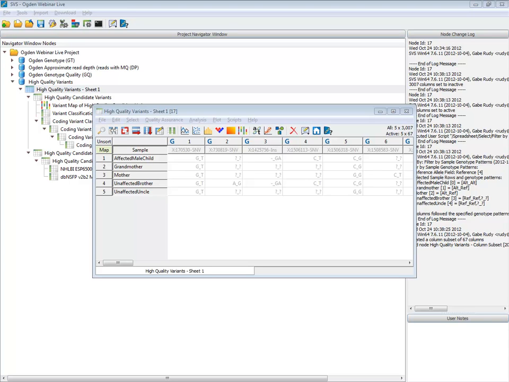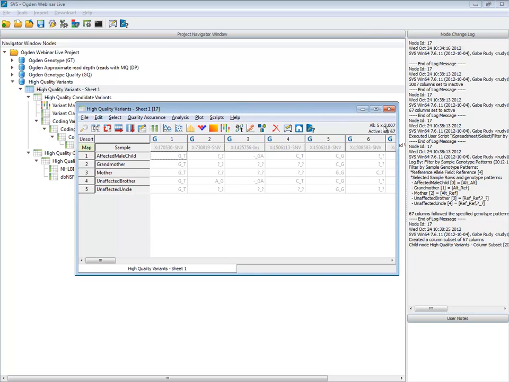So in whole genome sequencing, a lot of these steps look exactly the same. Again, you're just going to have a lot more variants. We can open spreadsheets with 30, 40 million variants as columns. It still opens in a very memory efficient manner. As I mentioned, SVS is a very robust and powerful tool, and this is our bread and butter stuff. So whole genome sequencing on small samples or a large number of samples is very possible.